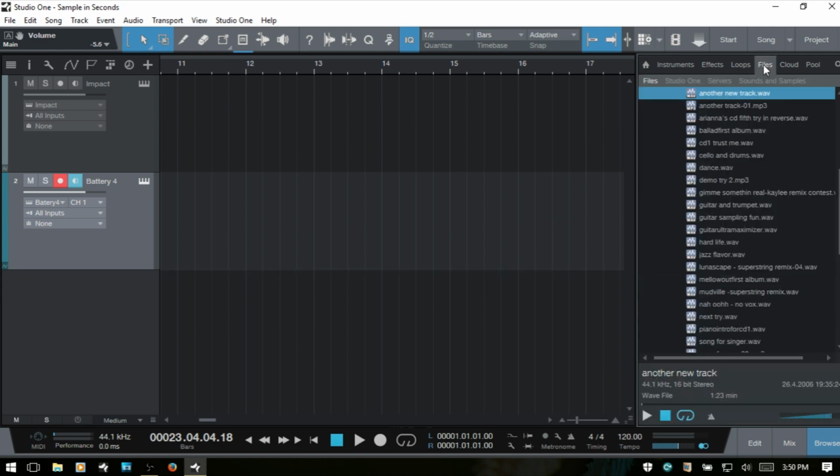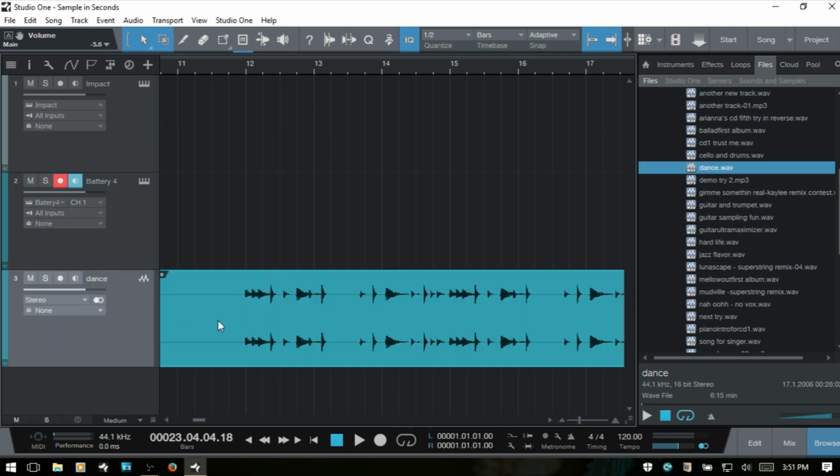I'm going to come to my Files tab and select a song here. This is an older song from about 10 years ago. And as you can see down here in the information panel, there is no BPM data encoded on this file. So if you are going to be doing some sort of traditional sampling where you're hooking up a record player, or even if you get a song from online, it's most likely not going to have that metadata included where the tempo of the song is there. And we'll go ahead and bring our track into Studio One,